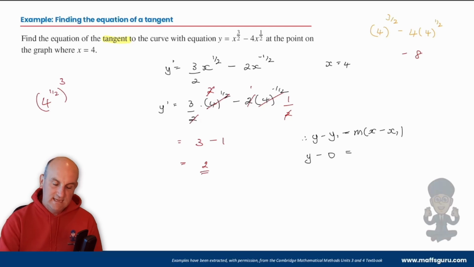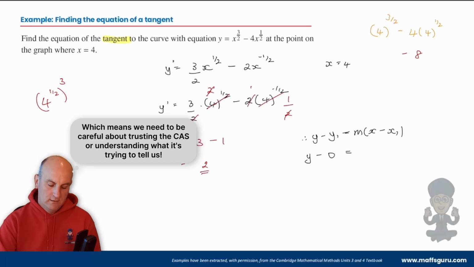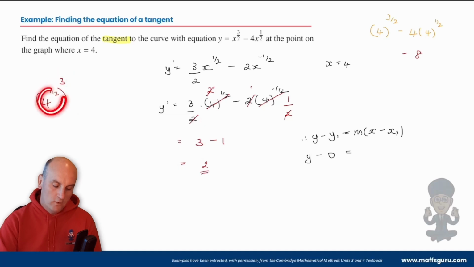And again, basics index laws. Yes, 3 times a half is 3 and a half. So I can split that 3 on a half, 3 halves, into 3 lots of a half. Well, 4 to the power of half is 2, and 2 cubed is once again 8, and 8 take away